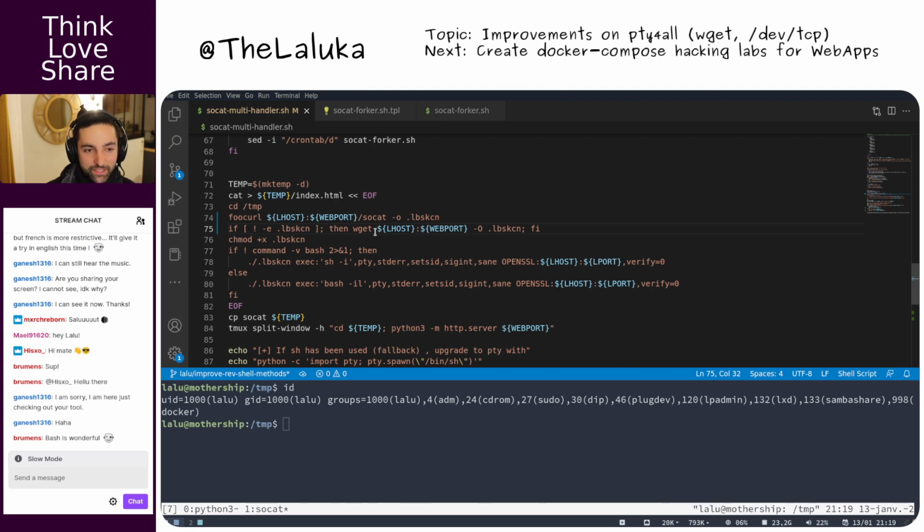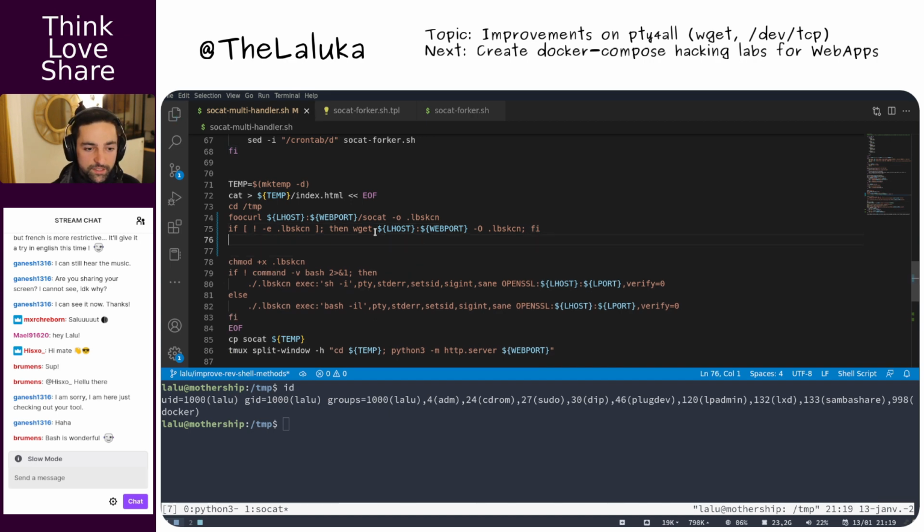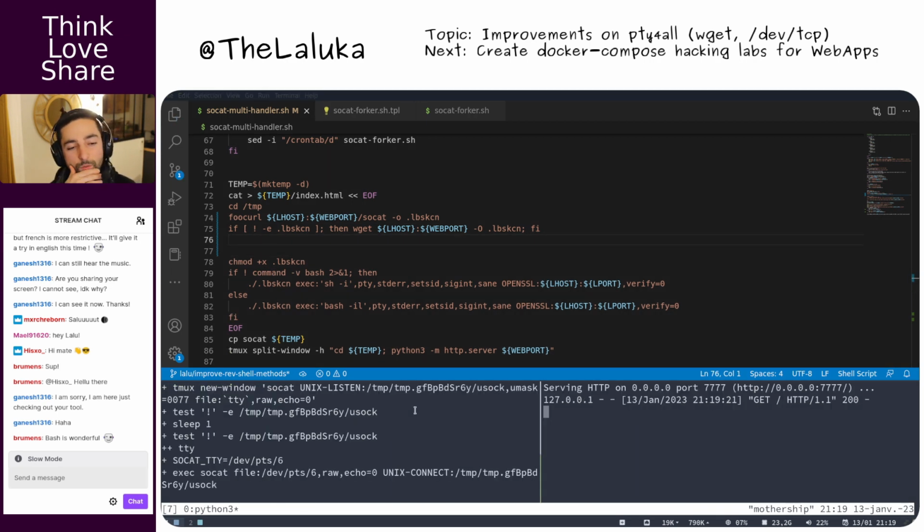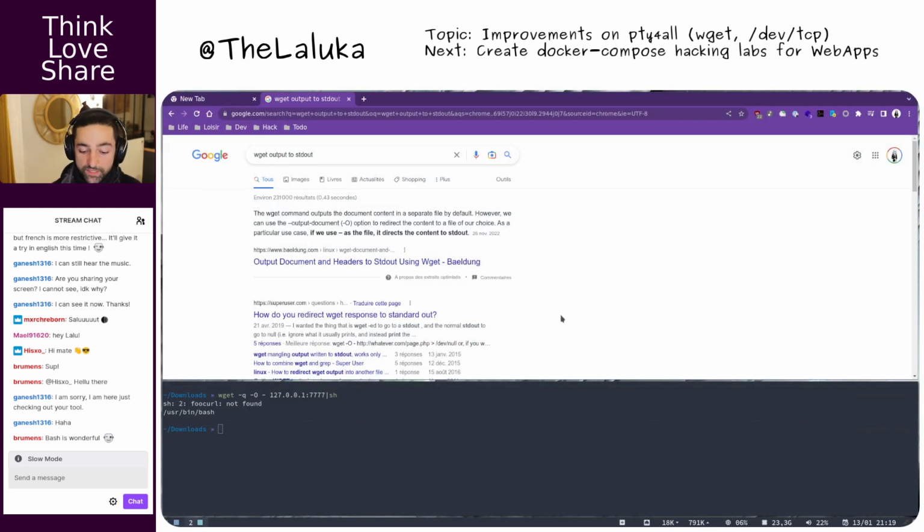So we implemented the wget version. That's the first cool thing. The next one will be way less easy, I think, because what I would like to achieve is an HTTP request being made with /dev/tcp, which won't be that easy.